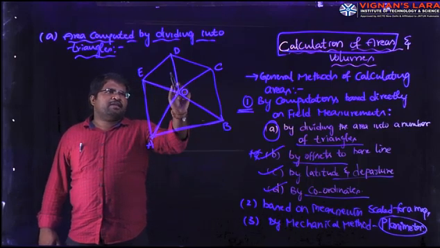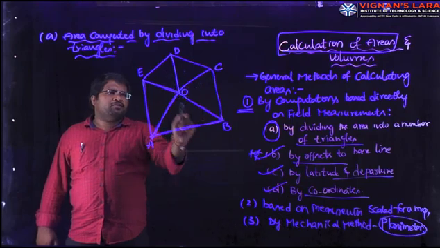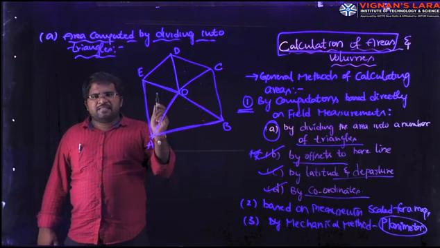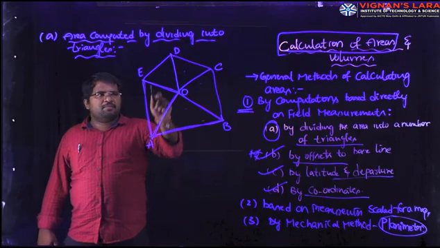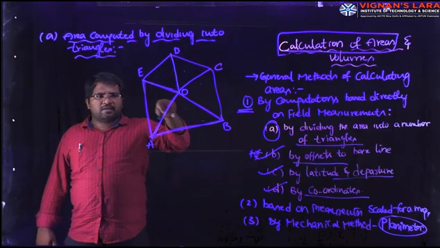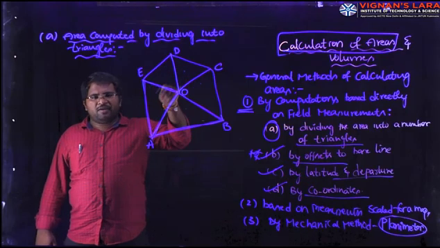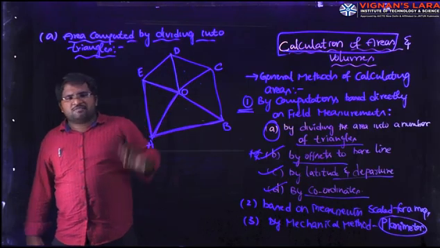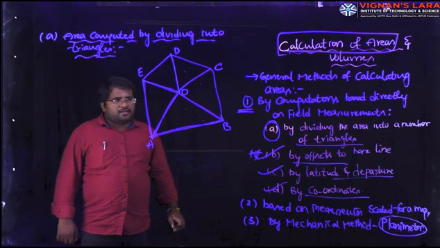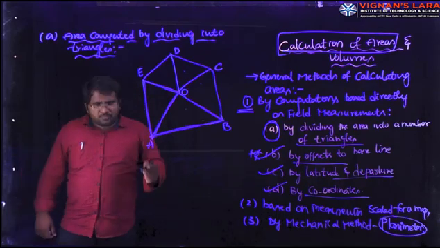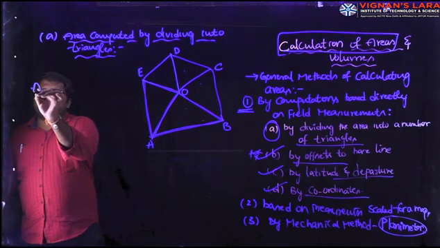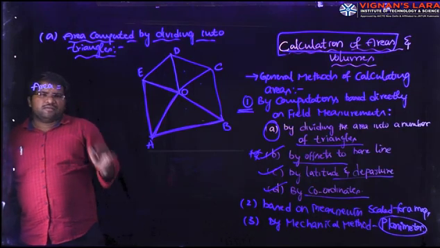How many triangles are we having? 1, 2, 3, 4, 5. So if you measure the area of each triangle and sum them by adding all 5, we are going to get the total area of this given field. Now we are going to know the area by knowing